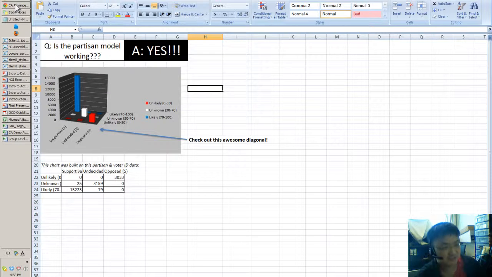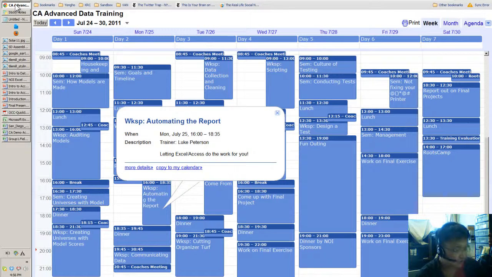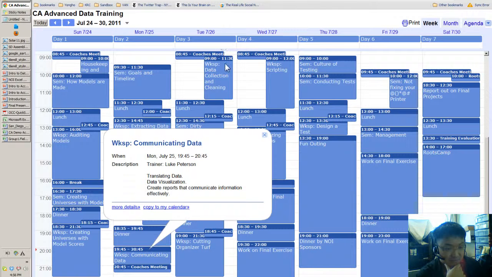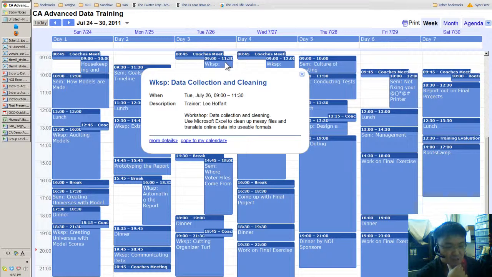So how to present your data in a convincing manner, when you're working with your organization, or if you're going outside to a coalition and presenting your data, how do you make your best case? And then that was that. The third day,